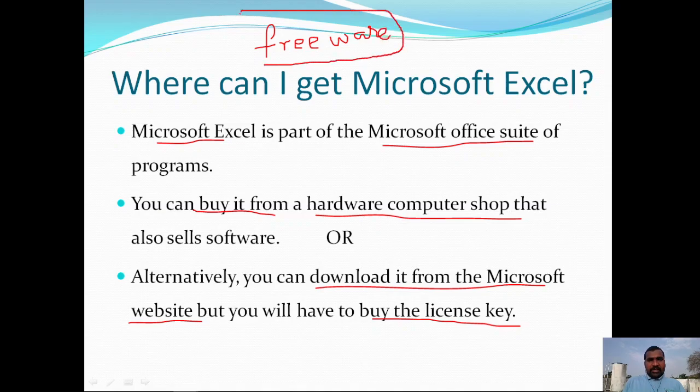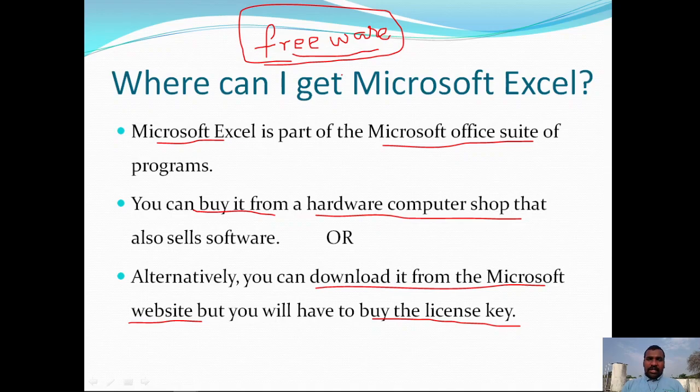If the software is open to all, anybody can download it, and anybody can modify the programs or the code related to that particular software, then we can say that it is freeware. Like the Linux operating system, it is freeware. Open Office is free software.